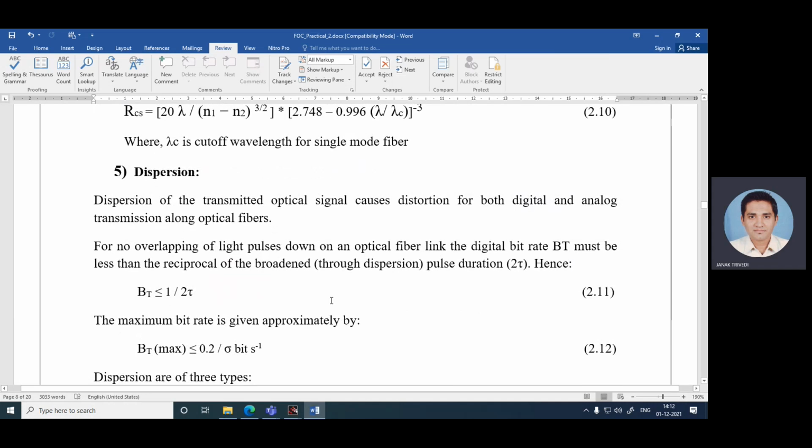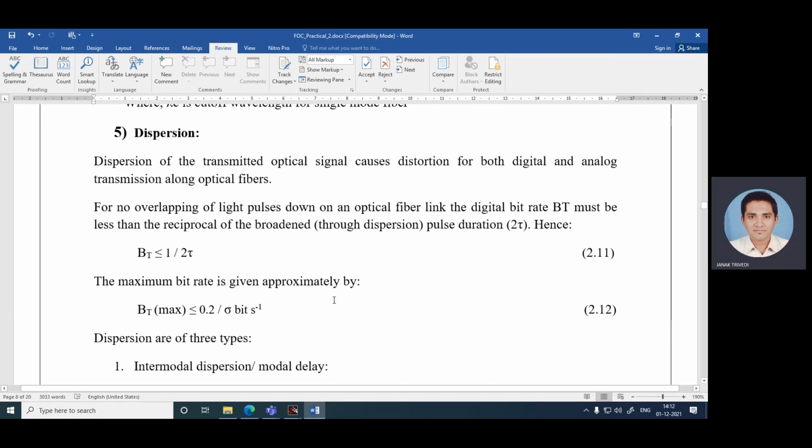Dispersion of the transmitted optical signal causes distortion for both digital and analog transmission along optical fiber. For no overlapping of light pulses down an optical fiber link, the digital bit rate B_T must be less than the reciprocal of the broadened pulse duration 2τ. This is given as equation 2.11: B_T ≤ 1/(2τ). The maximum bit rate is given approximately by B_T(max) ≤ 0.2/σ bits per second,